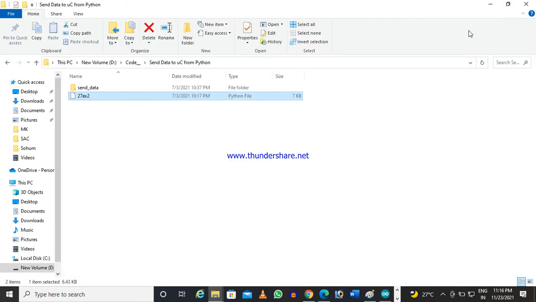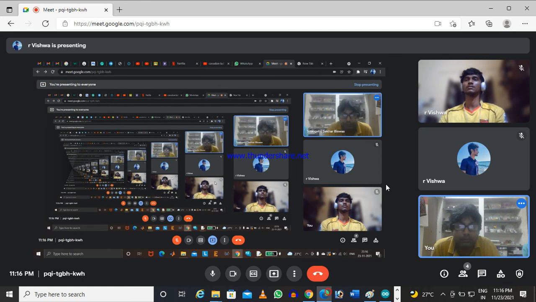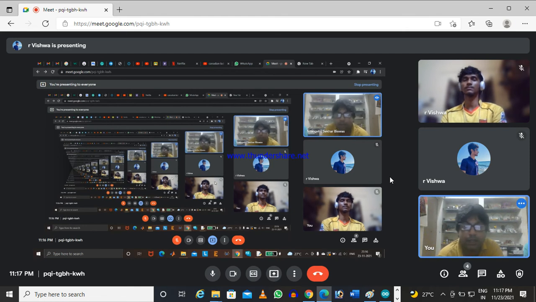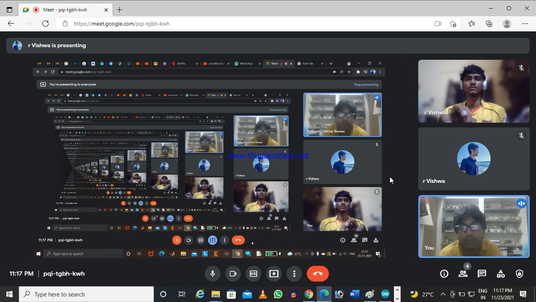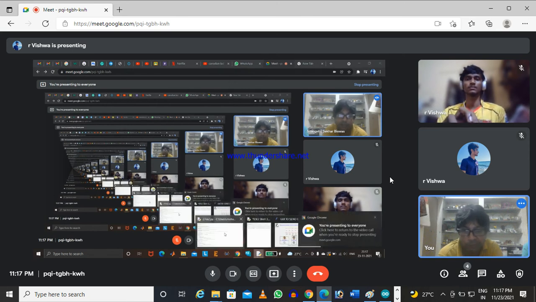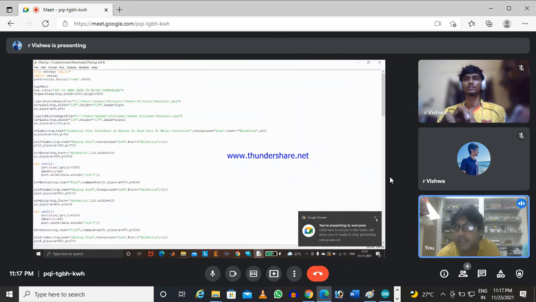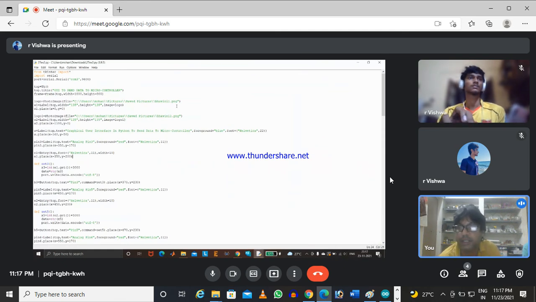So now, because as I told, my system is very slow, so my student Mr. Vishwa is there. He is from Anna University. So he will be demonstrating the working of the code. Now I would like to request Vishwa to run the code and first show the GUI by sharing your screen. You see, this is the code exactly what I showed. Now he will be running that code.